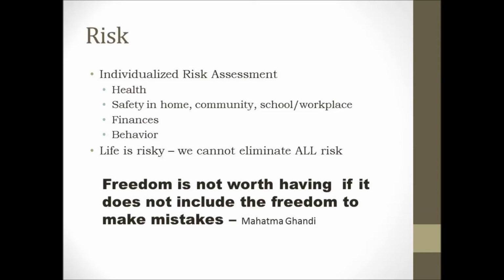Try as we may, risk cannot be completely eliminated. Novel situations occur all the time that no one could have anticipated. Risk is inevitable, and to try to shield people from all risk can limit their ability to learn and grow. Learning requires risk-taking, which may result in emotional or physical pain, and that's okay. That's healthy to a degree. Without learning opportunities, people may remain stagnant and their quality of life may be diminished. Everyone has the right to make choices and learn from the consequences of those choices.